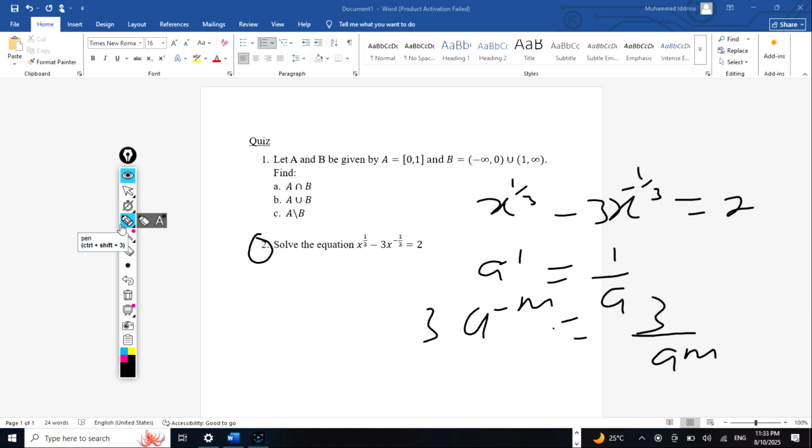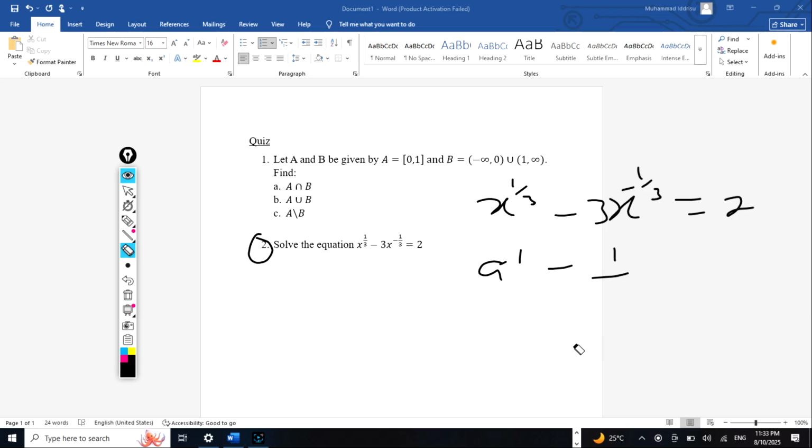Okay, so we are going to make use of this indices property. So this is the same as x to the power 1 on 3 minus 3 over x to the power 1 on 3